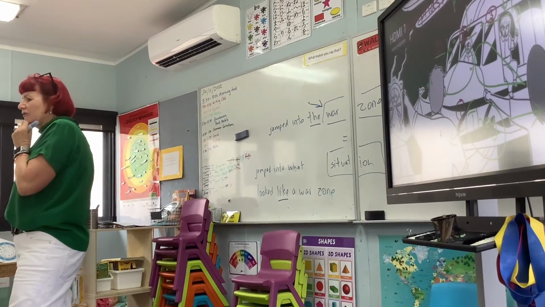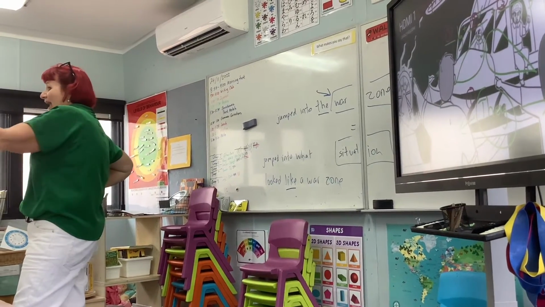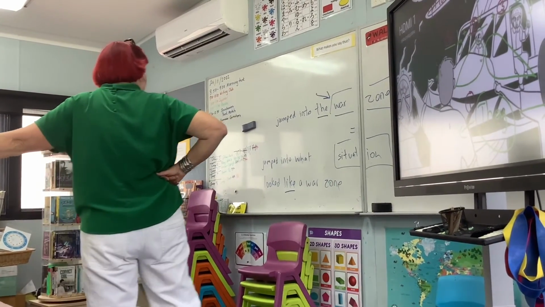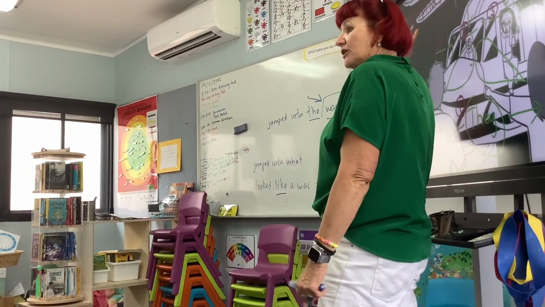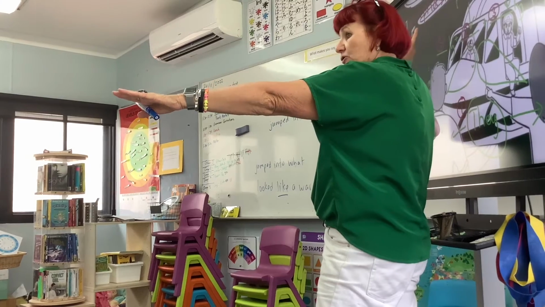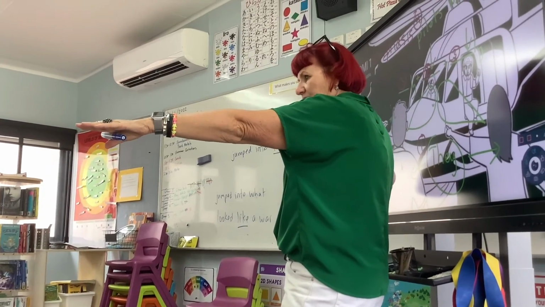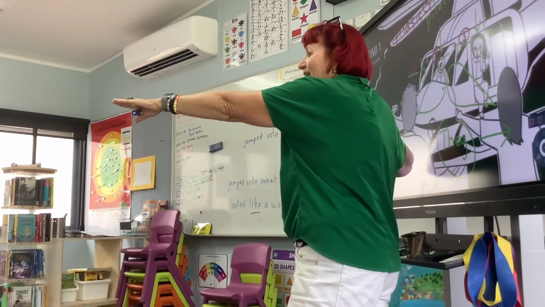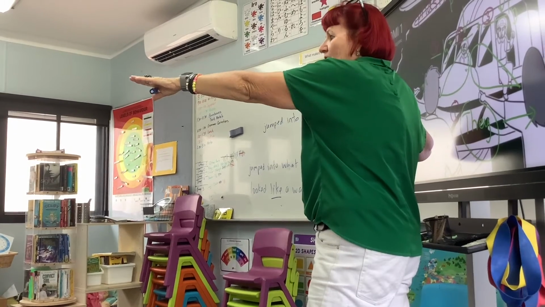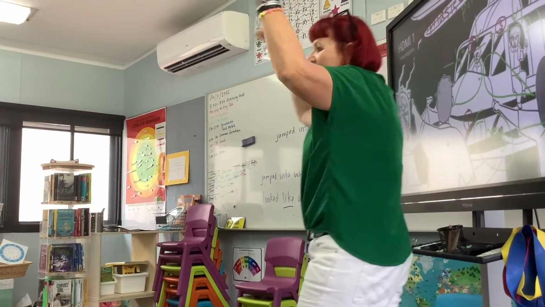Why is that alliteration? Because it's got two S's. And what does it do? Where's that word? Have I still got that word up there? Alliteration. The job of alliteration is to create emphasis. What was the other thing that created emphasis? Repetition. Lower, lower, lower. Bigger, bigger, bigger. Okay, hands down.